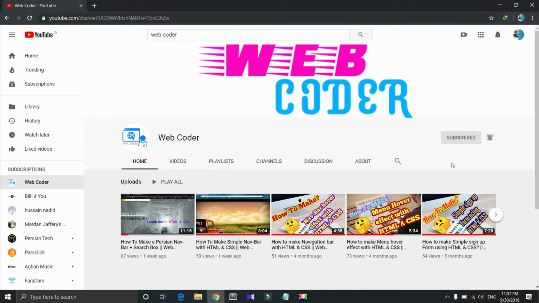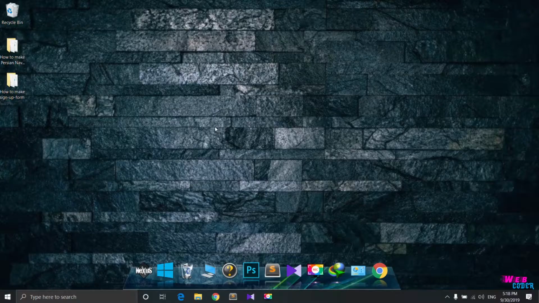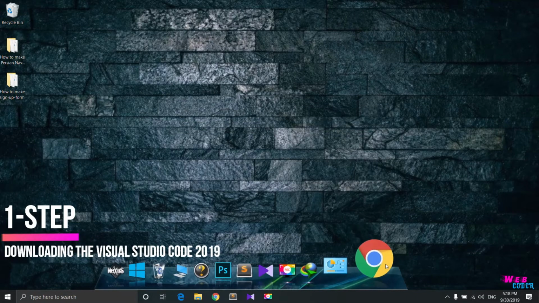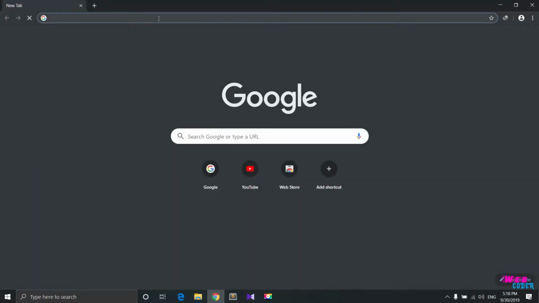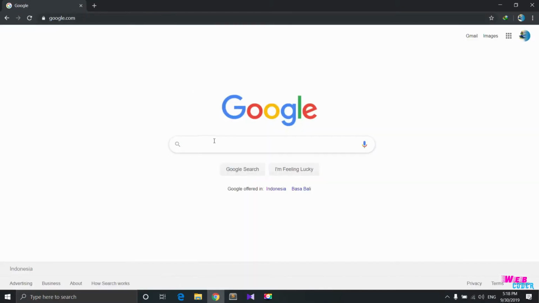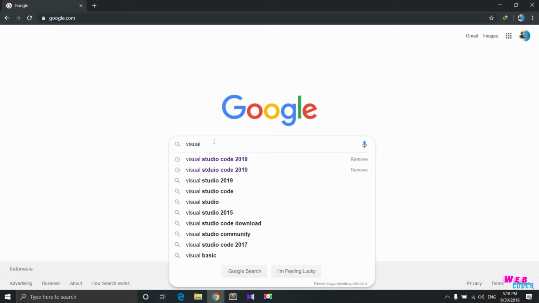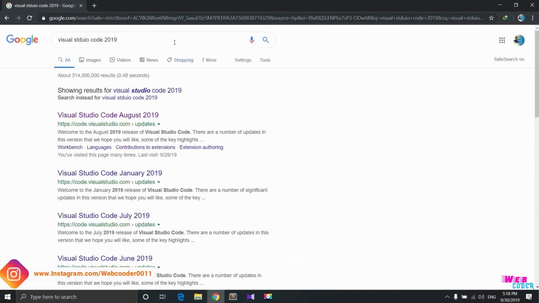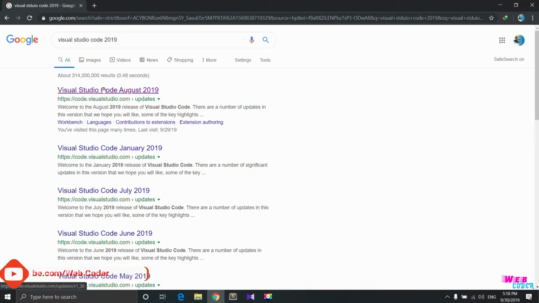So let's go and install. Our first step is downloading. For that, open your browser and go to google.com. In Google, type Visual Studio Code 2019 and search. Okay, some spelling mistake, never mind. Click on the first link,